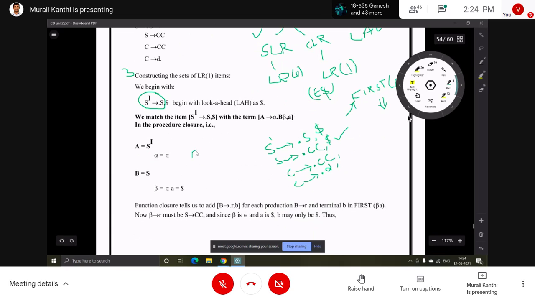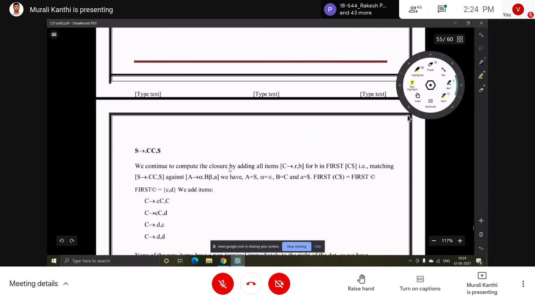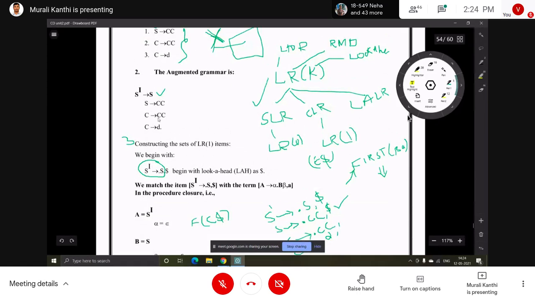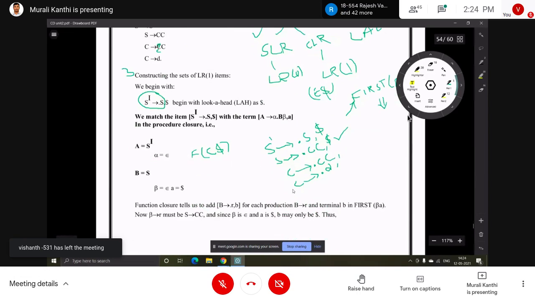Next, first of beta A. First of beta A means first of beta, which here is C. Sorry, this is a small c, not a capital C. So first of C, go to the C productions. The first symbols are small c and small d.